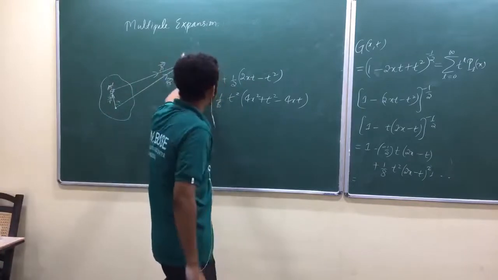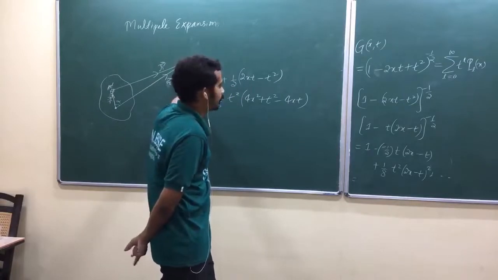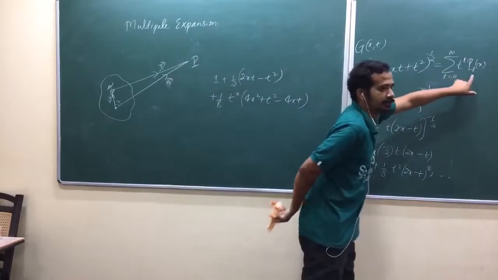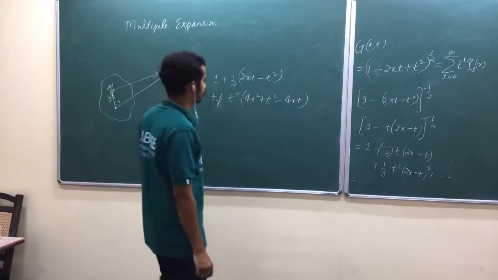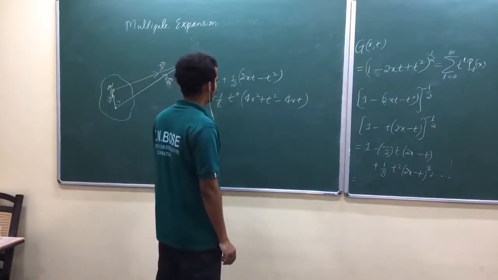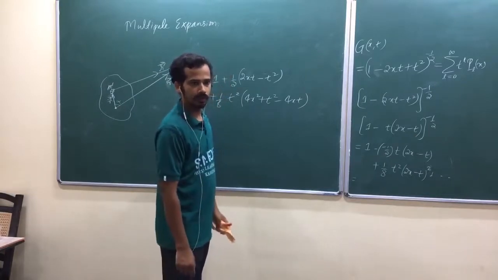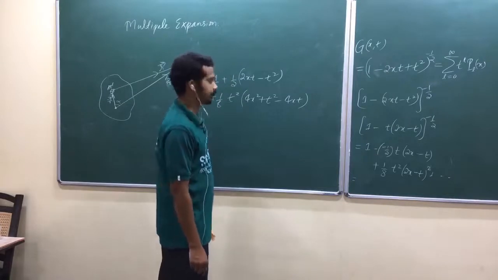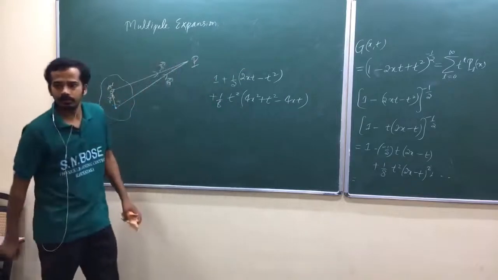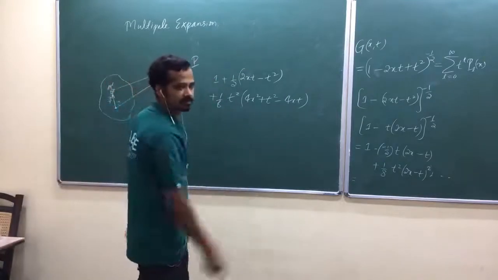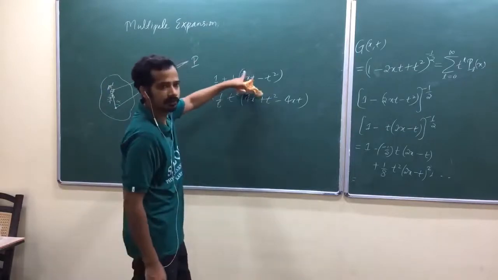How to take common? Yeah, any idea? Quickly. Ultimately, it should turn out to be like this. That's what I'm expecting: 4x square plus t square minus 4xt. I think if I take, what is the second Legendre polynomial? Three x square minus 3 by 2. I think you need one more term. You need to go to higher term. Now 2xt minus 4xt, what would you get?